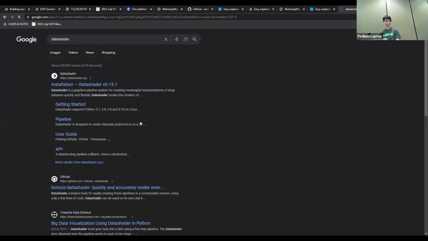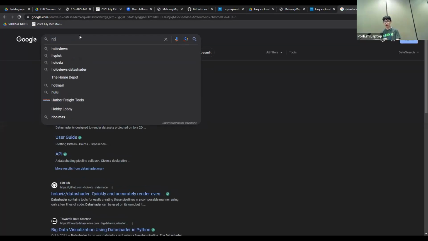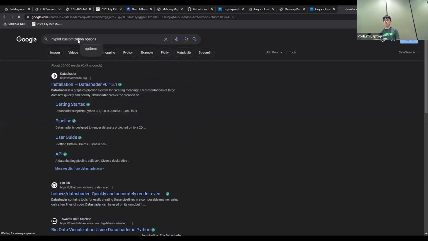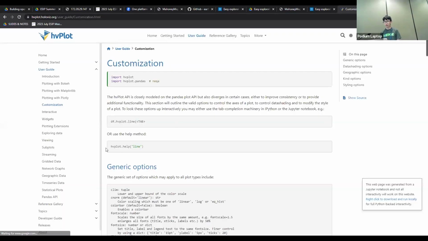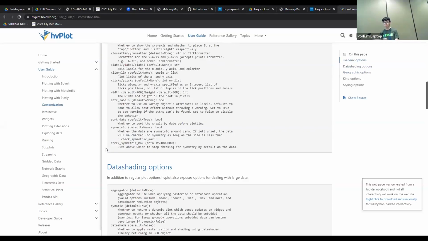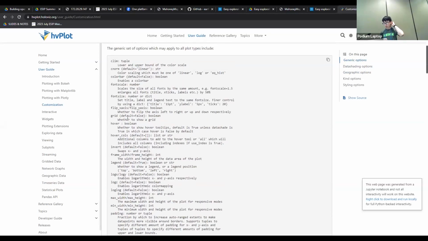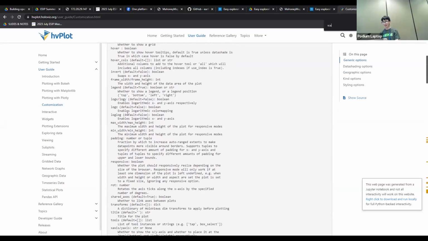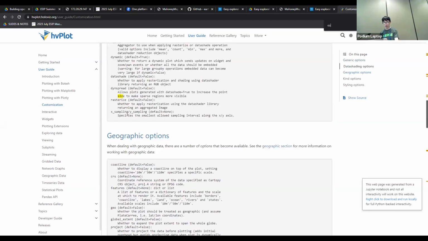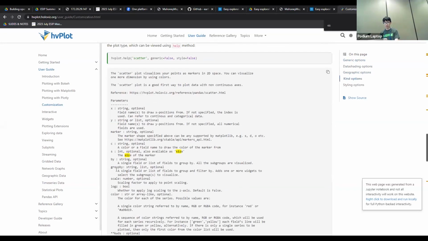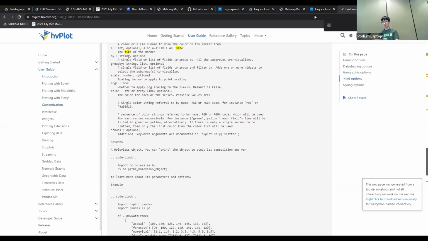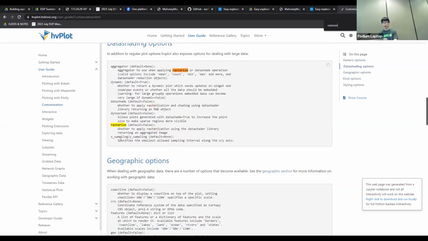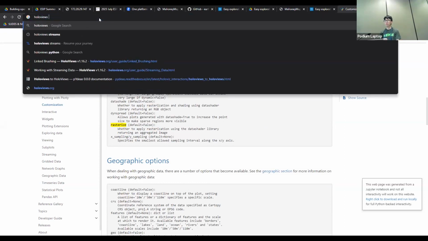So Datashader allows you to control a lot, or HoloViews. Actually, let me show you the hvPlot customization options. You can also dig down all the way to the backend level with hooks, but usually you don't need to because hvPlot supports almost every option, in my opinion. If you want to change the size or marker, it's all available here, like s for the size of the marker. And if you want to use rasterize, you can control the x sampling and y sampling. So there's a lot of fine-grained control as well as HoloViews hooks.